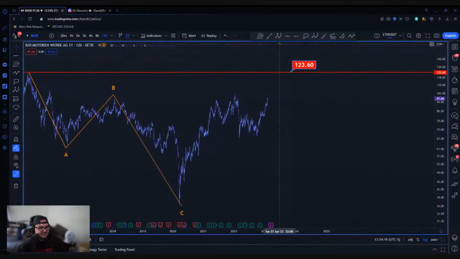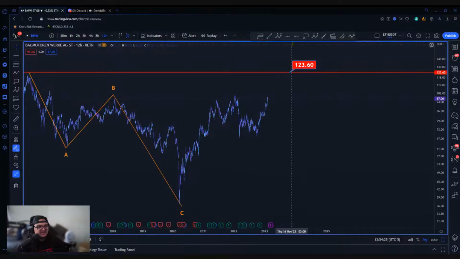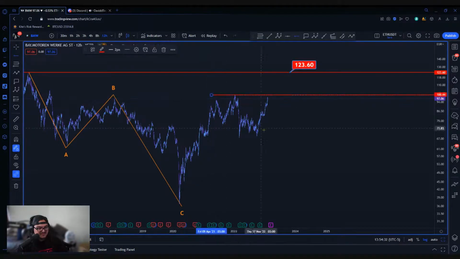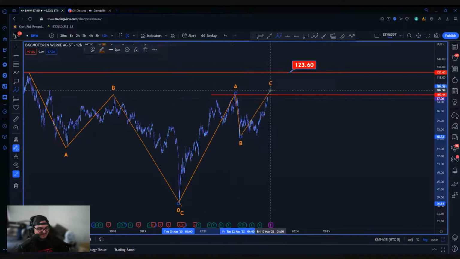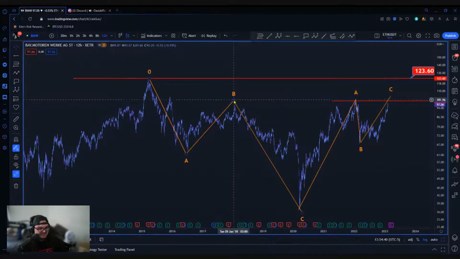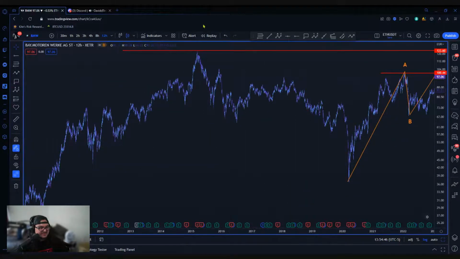I think if we keep going, which I think we possibly could, ultimately I'm looking for that pivot to extend past 123. But that doesn't necessarily have to. If we can get back above 144, we could possibly put in an ABC here and maybe have a little bit of a sell. I wouldn't say the end of a rally here, but it could be an early reversal. Maybe you get something like this instead.